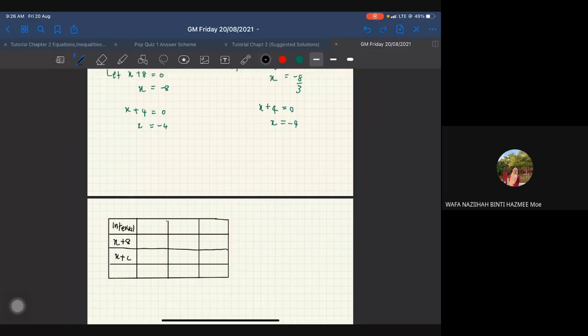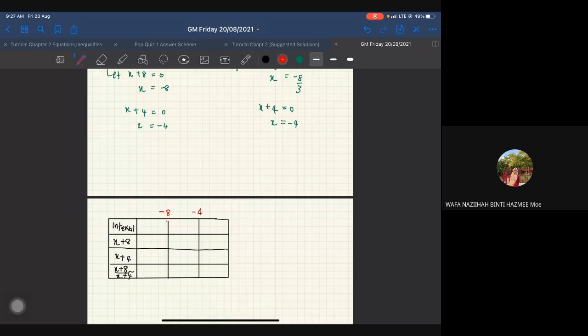Okay, so nombor yang terlibat adalah negative 8 and also negative 4. So negative 8 is over here. Negative 8 lagi kecil, so negative 8 dulu and then negative 4 dekat situ. Okay, so and then we draw our circle. Okay, so for x plus 8, kita punya root is negative 8. So kalau awak tengok dekat atas tadi,